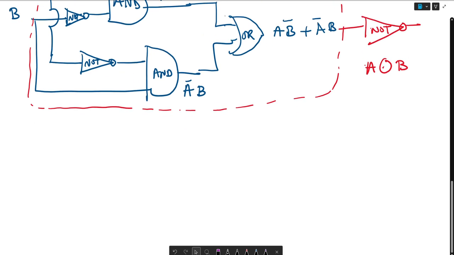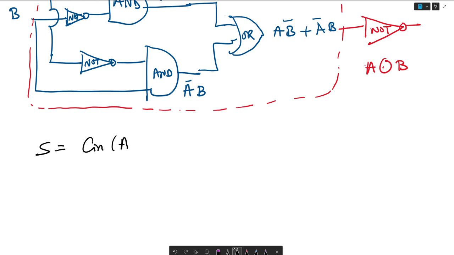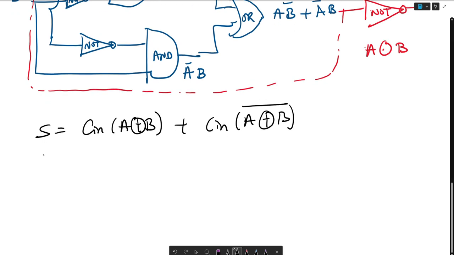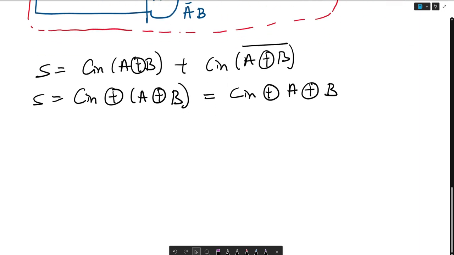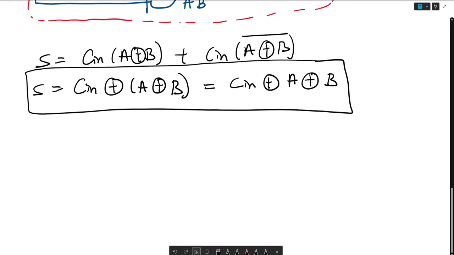And what we can do is we can transform our sum to be Cn (A XOR B) plus Cn NOT (A XOR B NOT), and S is equal to Cn XOR A XOR B, which is equal to Cn XOR A XOR B. So that's the sum of a full adder circuit, and the carry